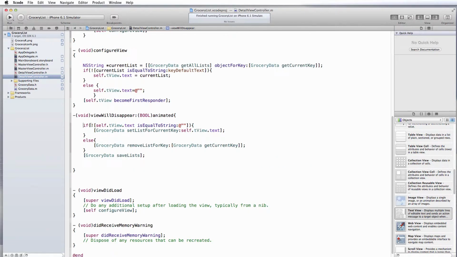All right. And so notice, to save some time, I've gone ahead and typed the code in here. And basically what this code does is just what I said. We're going to take a look at the data we're working with, and if it's data that we want to keep around, we're going to save that data. If it's default text, otherwise, we're going to delete that data and then finally save our list.